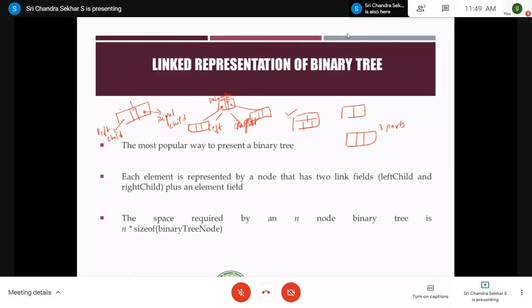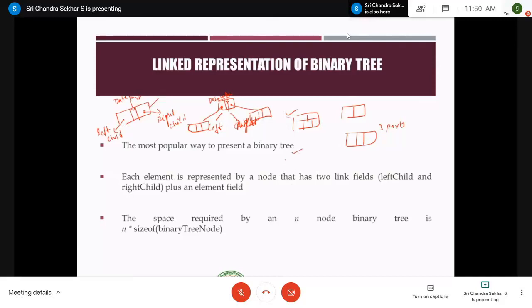And what about this middle one? It is nothing but the data part. So this is how we represent a node in a binary tree using linked list representation, and the remaining thing is very simple and straightforward. This is the most popular way to represent the binary tree.